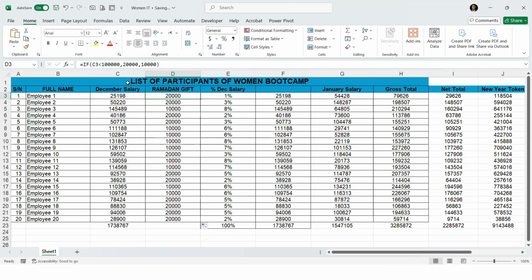Sometimes it's not only to create a number. Maybe we want to create less than 100,000. What we want to see here is, if it is not less than 100,000, then we want to see the salary is more than 100,000. That is if this condition. So to do that, let's delete this. So when we create our condition, if it is true, what we want to say is